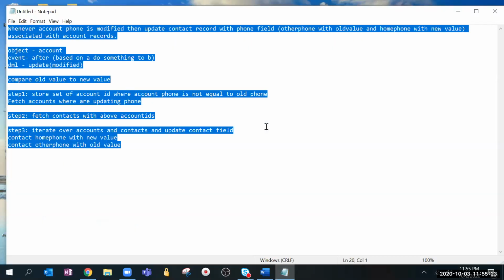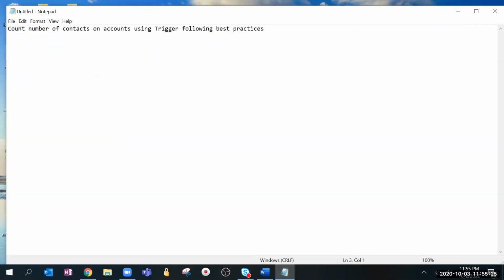Best practices include bulkifying the trigger. Who shared the screen last? Sorry, I don't know your name. Aarti. Yeah. So what Aarti did last time, she bulkified the code by not putting any DML or any type of query in a for loop. So we have done that.